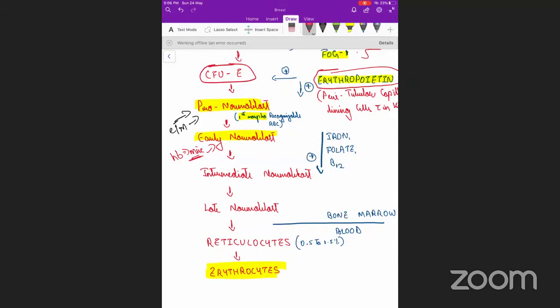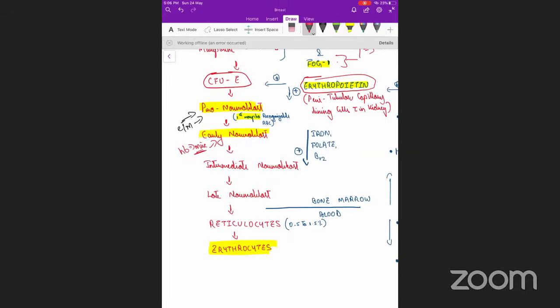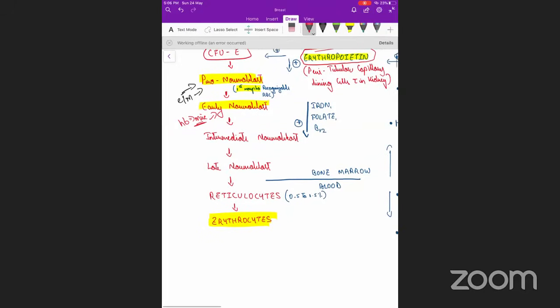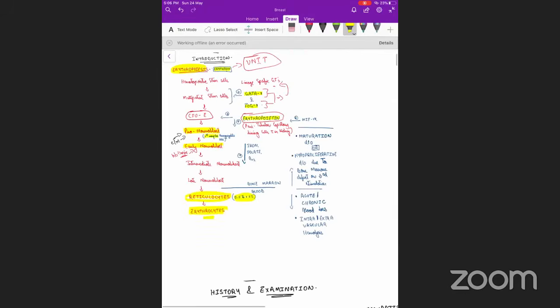After this comes the intermediate, then the late normoblast. From the bone marrow, it comes out to the blood as reticulocytes. Further, reticulocytes mature in one day to form erythrocytes. Normal concentration of reticulocytes is 0.5 to 1%. So, dealing with anemia,